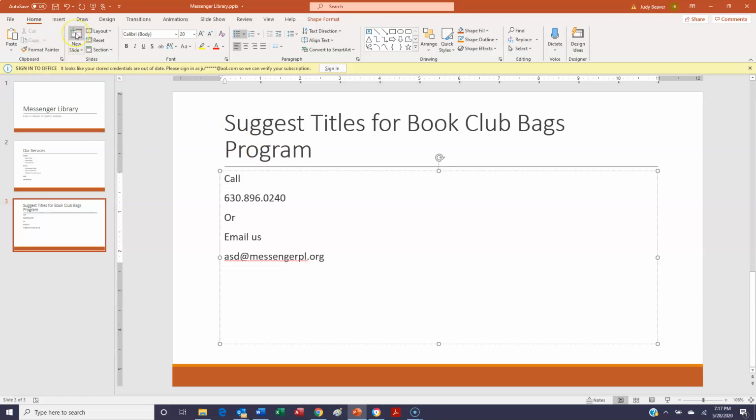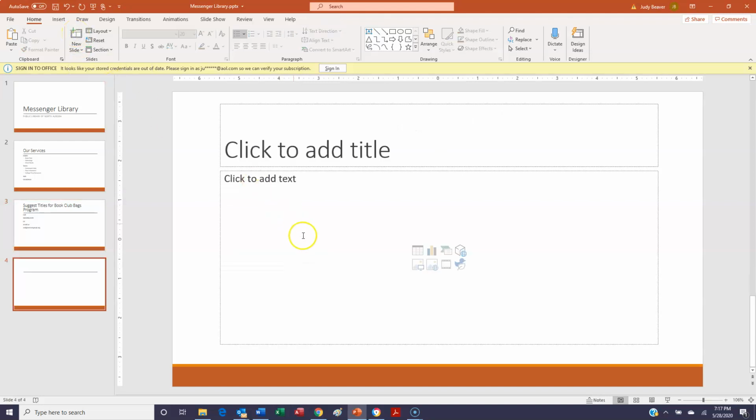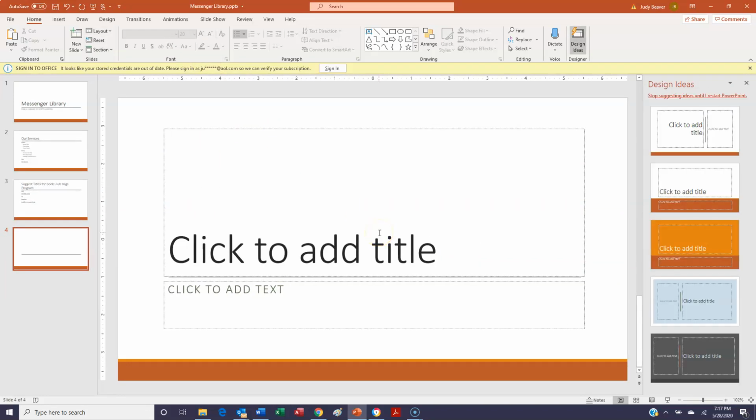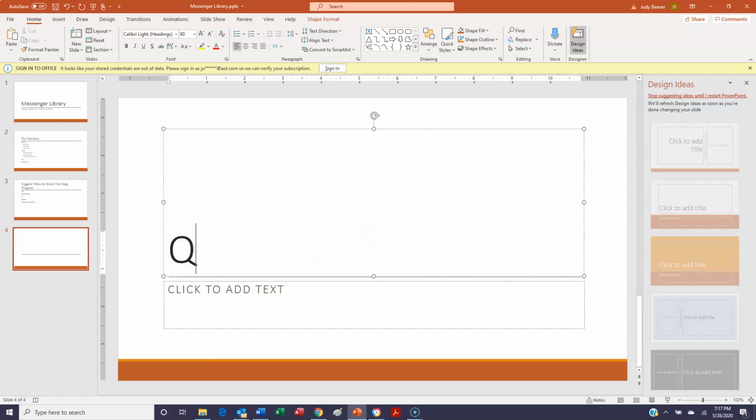All right, and then we'll add one more slide. Click New Slide. And if I decide I really don't want this slide layout, I can change the layout whether I have text in it or not, even if I've added information to it. So again, on the Home tab, Slides grouping, I'll click the Layout button, and here I can choose whichever one I want. Okay, so I'm going to choose the Section Header slide layout, click in the title, and type questions, question mark,